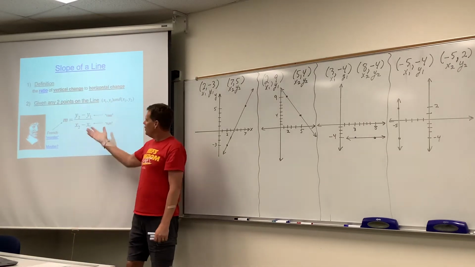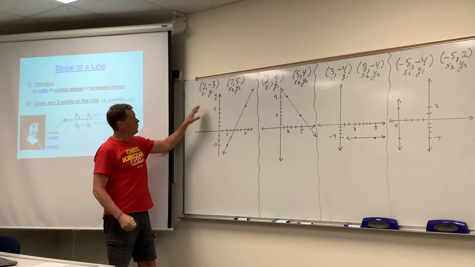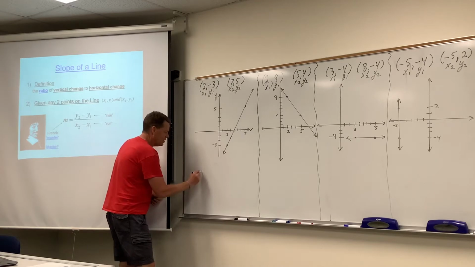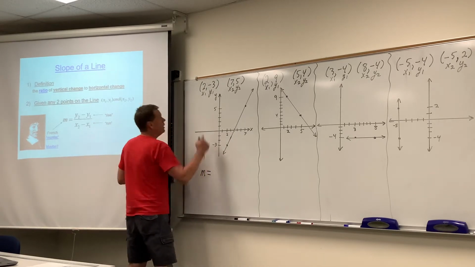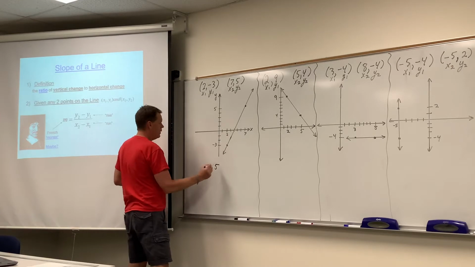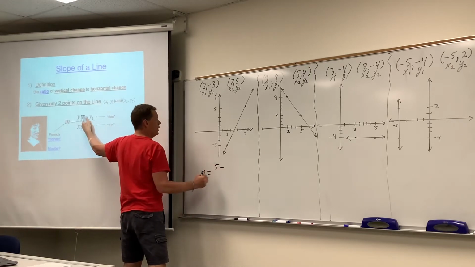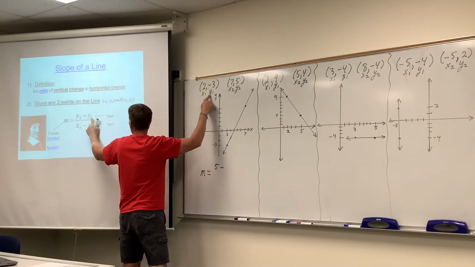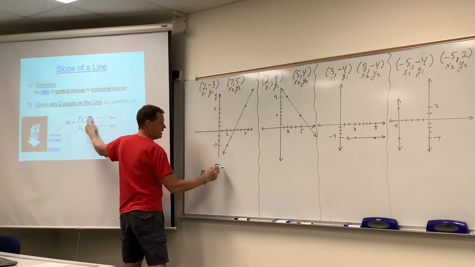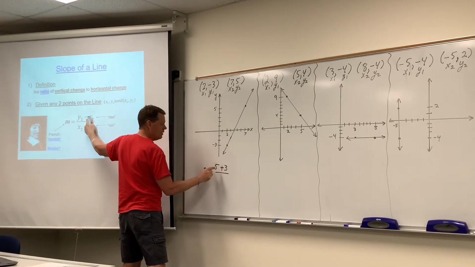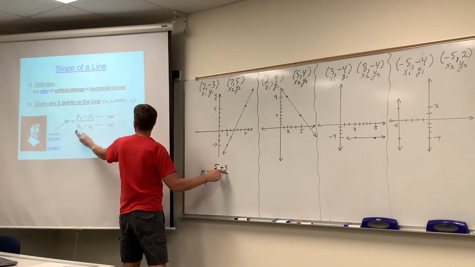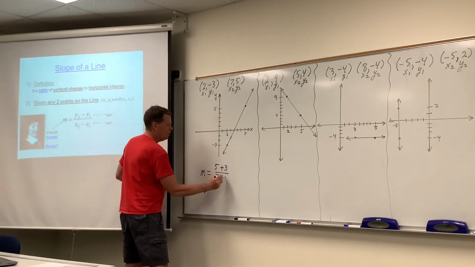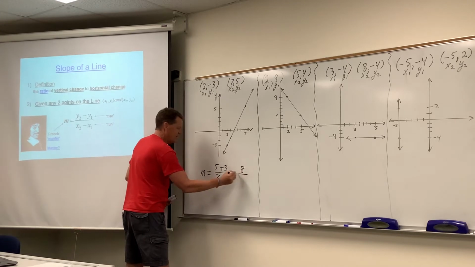And so really it's just that definition. If we label these x1, y1, x2, y2, it's just a matter of plugging those numbers into this definition here. y2, which is 5, minus, all right, be careful here. When we put negative 3 in there for y1, when you put a negative number after a minus sign, minus negative becomes plus, minus negative 3, x2, which is 7, minus x1, which is 2, and that is 8 over